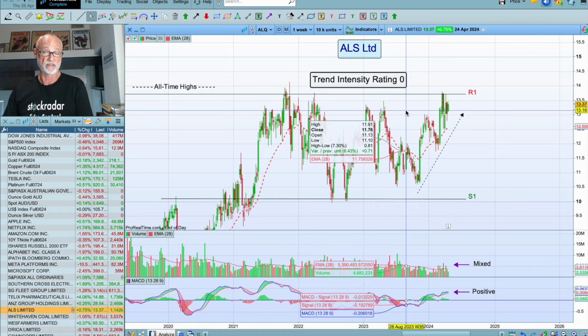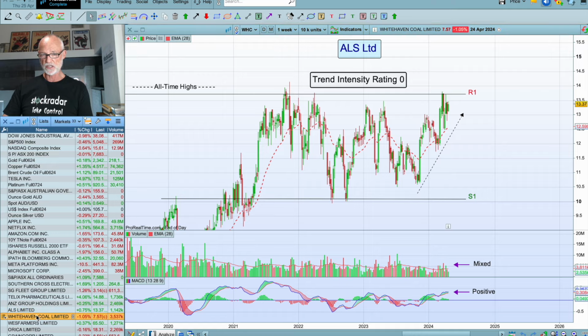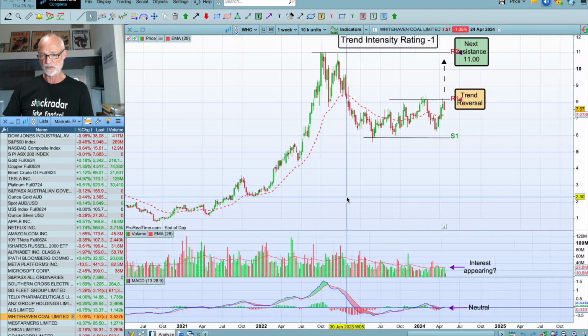Maybe the correction has just pulled it off its highs, same with ANZ. But when the corrections might be over, we might be going through. So it looks an interesting chart and certainly worth watching. ALS Limited. Okay, we looked at one stock last week called Whitehaven Coal, which is a fascinating story for everybody